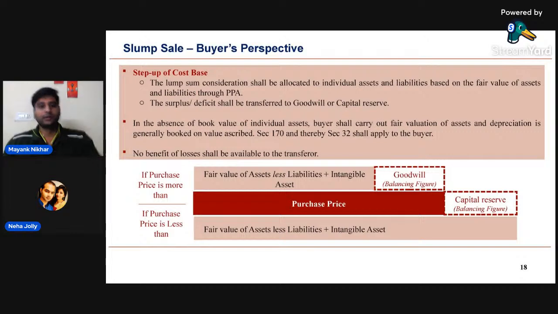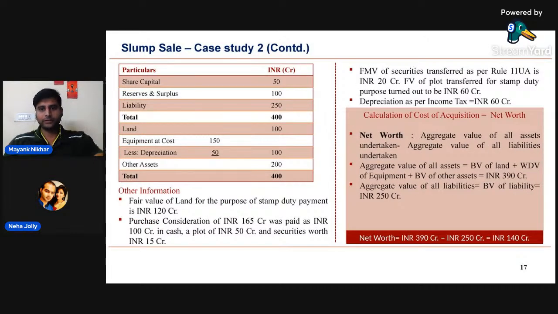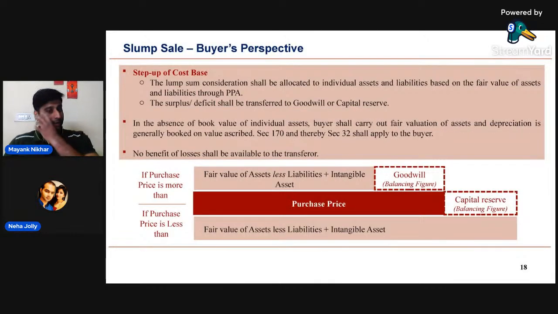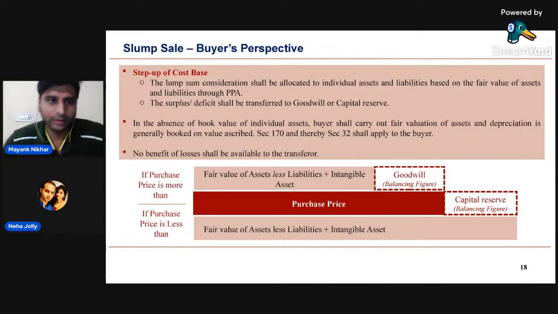Okay. So that was the calculation of capital gain that the seller has to pay. What will happen to the buyer now? The buyer has an option of stepping up the cost base, which means the lump sum consideration which he had paid for an undertaking can now be allocated to individual assets and liabilities based on